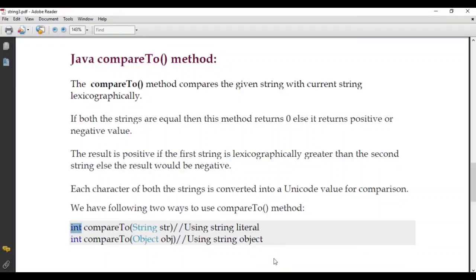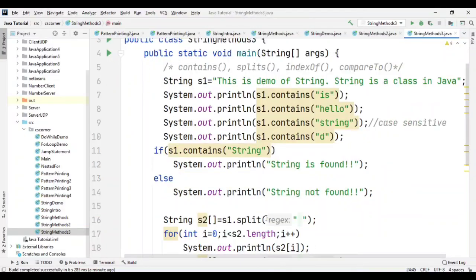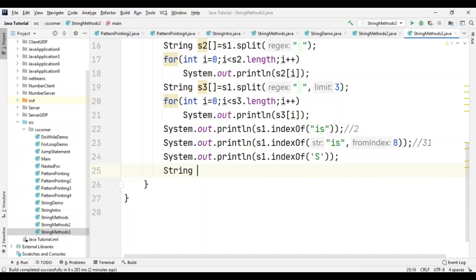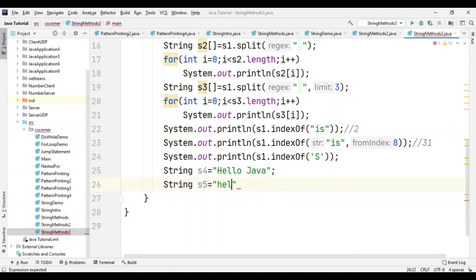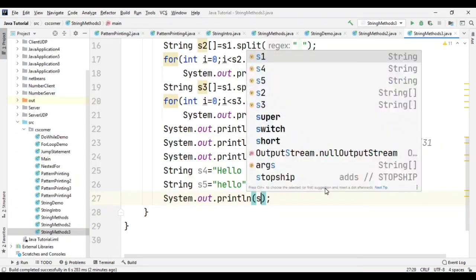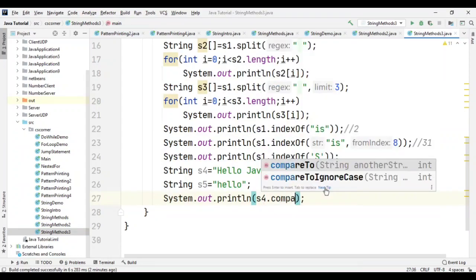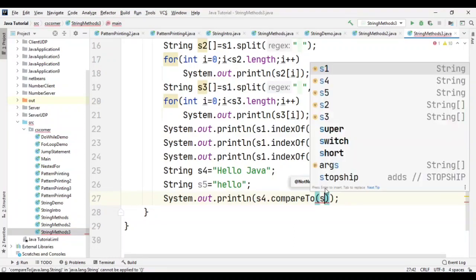So now let me use this method. I'll create one more string, s4 is equal to, and then string s5 is equal to hello. Okay, so now s out s4 dot compare to s5.